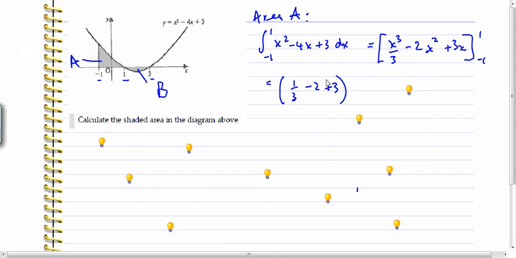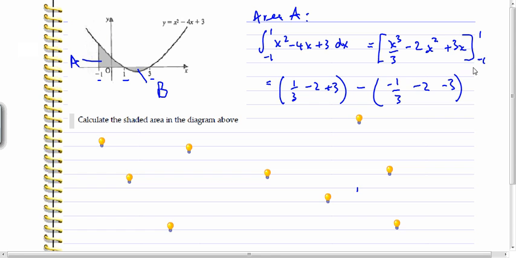Then it's a question of subbing in first the top boundary, 1. So we get 1 cubed over 3, a third, minus 2 times 1 squared, which is 1, plus 3 times 1, which is 3, minus